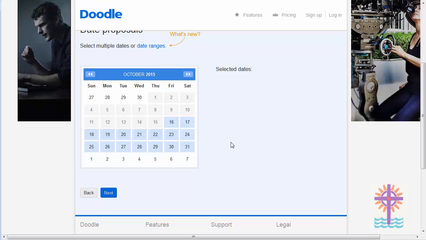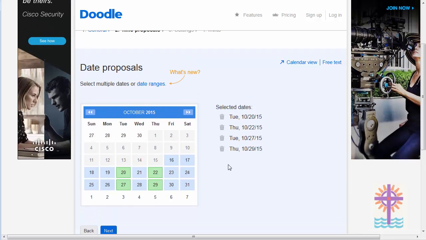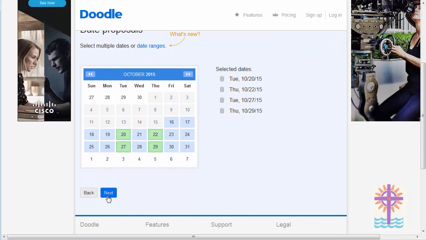Now, the next thing that you're going to do is basically pick a few days for the particular meeting that you're going to have. Like, let's say that I'm free on Tuesdays and Thursdays generally, and I want to have that meeting either this week or next week. So we'll do Tuesdays and Thursdays. And since I'm the one convening the meeting, it's probably I'm the one that would be setting the times. So